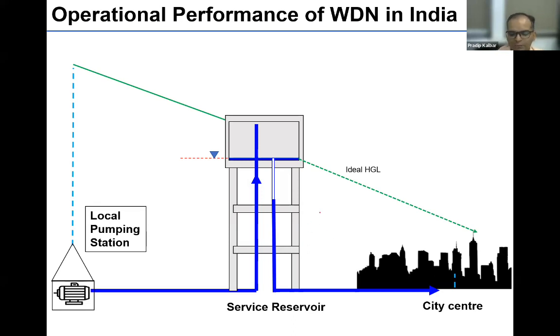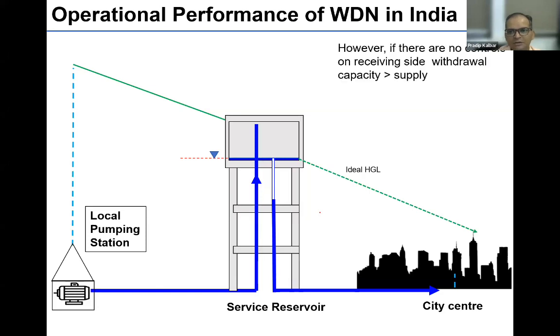And I will show in some time what is happening in the design and analysis. Because we have to understand the withdrawal capacity of the network. What is the withdrawal capacity? The total number of connections that are trying to fetch water as soon as this valve is opened. As soon as this valve is opened, all the consumers are ready to withdraw water, which was not assumed in the DPR. The DPR assumes that only in the morning many people will be waking up and consume the water.